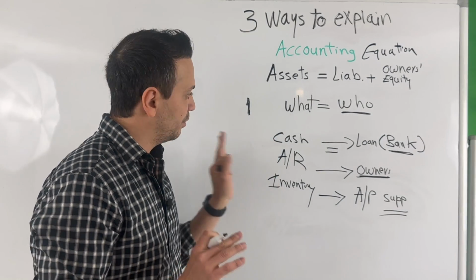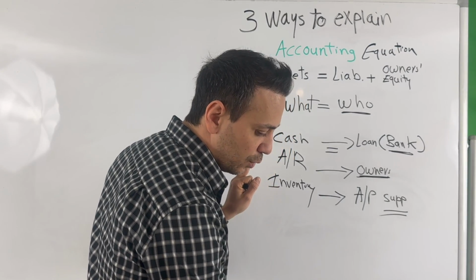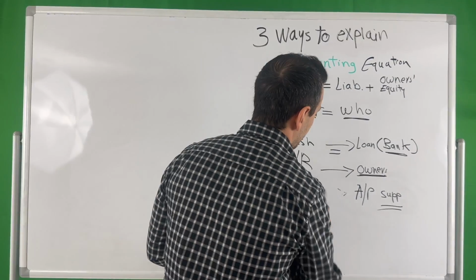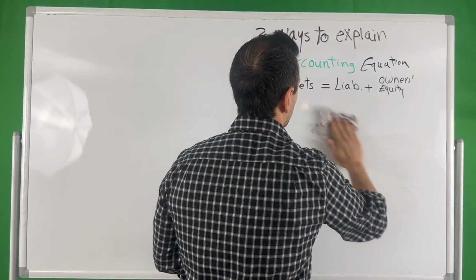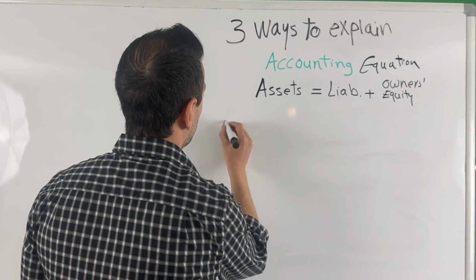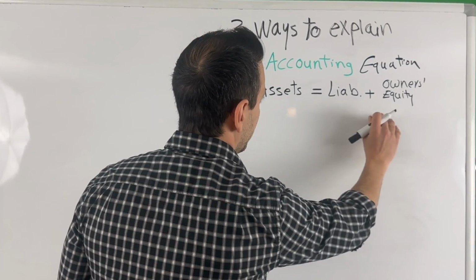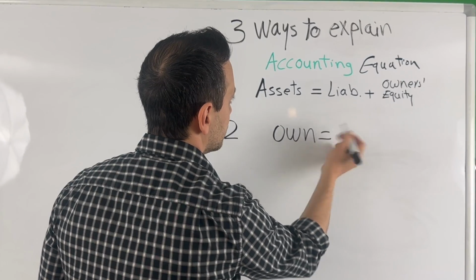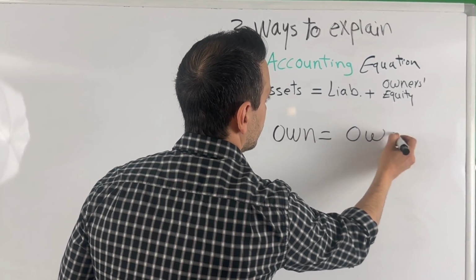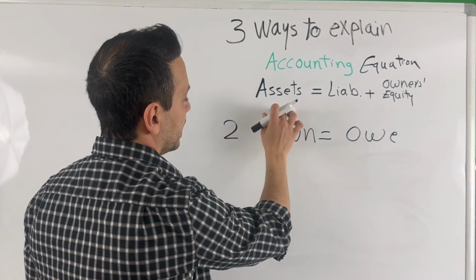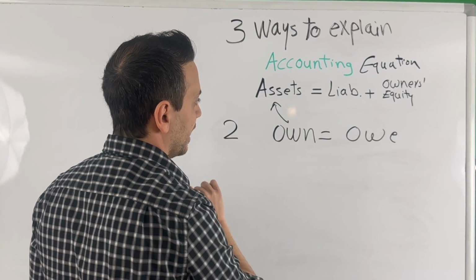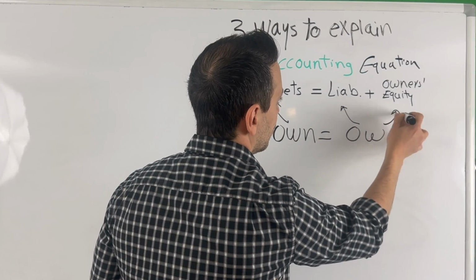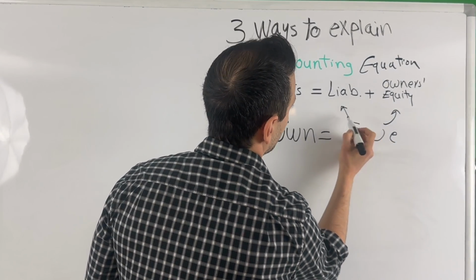Let's go through number two, which is the own equals owe. Let's go ahead and erase this, and then we'll put in number two. All right, so with number two, what we're saying is that the accounting equation is only trying to say what we own equals what we owe. Okay, so what we own is going to be the assets, right? So we own the assets. What we owe: liabilities, and we owe the equity. Who do we owe the liability to? We owe it to third parties,